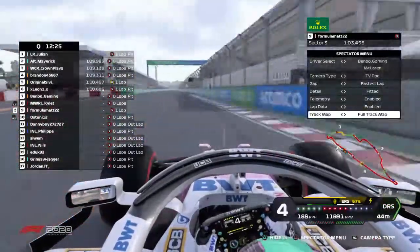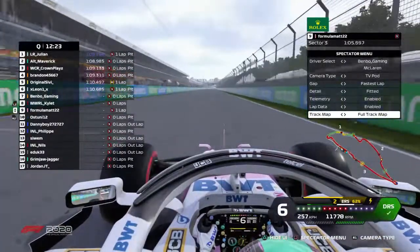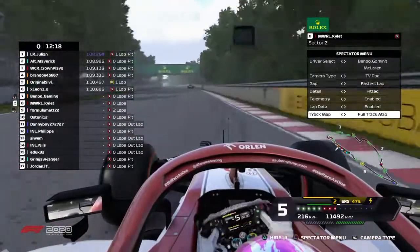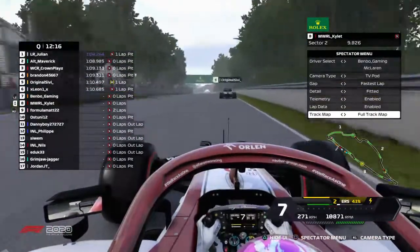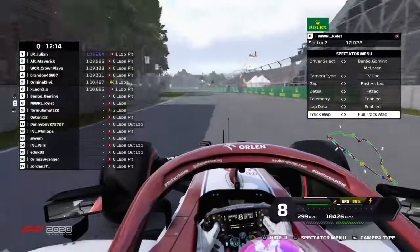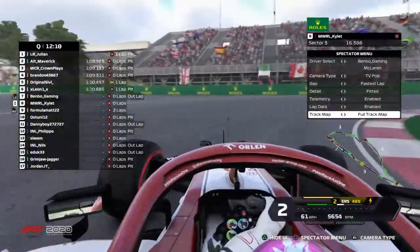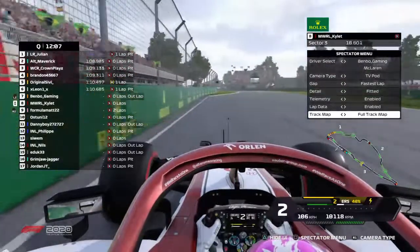No, he's going to go again. I think he's gonna go, yeah, he's gonna start his lap now. He will be the next one to come across the line to set his lap as well. Let's see what he does. Kylet is coming to the hairpin now, so I think he's going to be the next one across the line. Oh, Matt spun. Sorry to interrupt you, but...